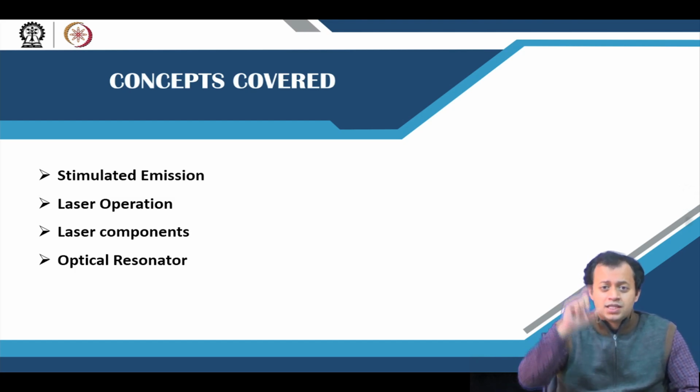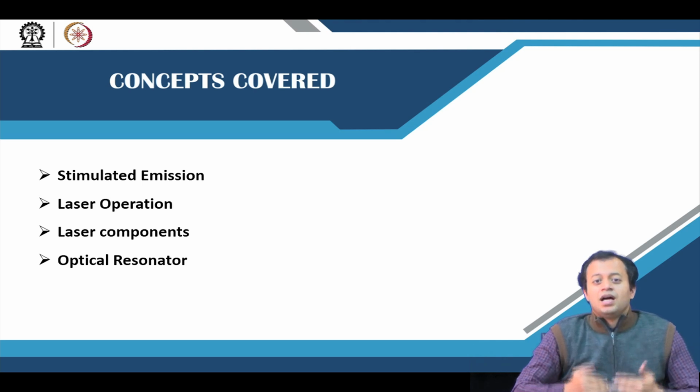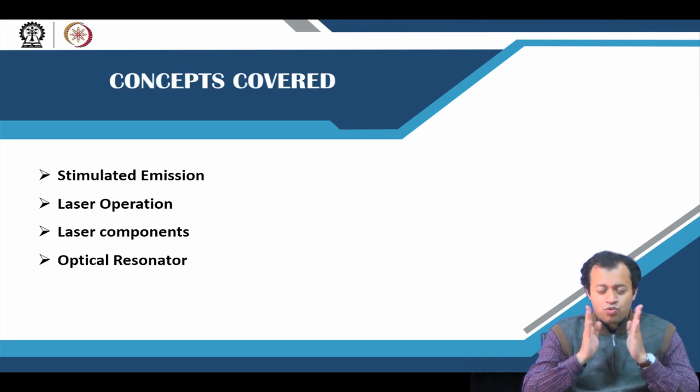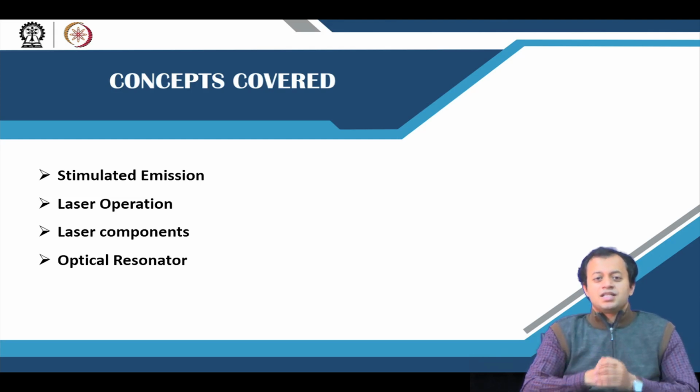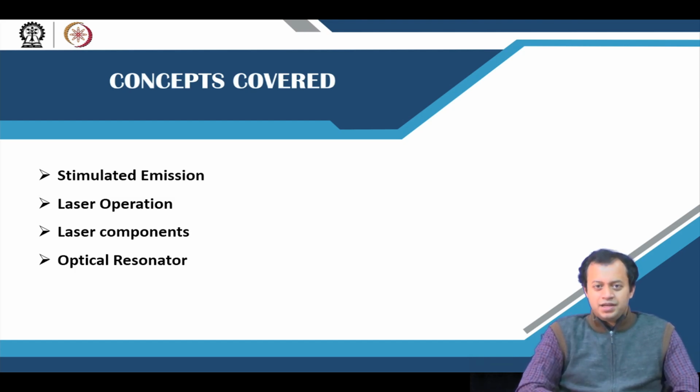Now, think about the laser pointer you have. What do you think is the pump here? I would say it's the battery. And it has a small crystal, a gallium arsenide crystal, which is the active material. The energy from the battery is absorbed by the crystal. It has population inversion, and that crystal is put between two small mirrors, inside a cavity, an optical resonator, and the same process which you have now understood results in stimulated emission. Look at your laser pointer and you can tell me what you understand.